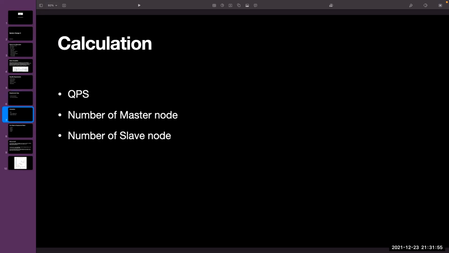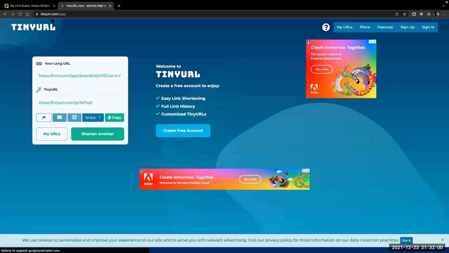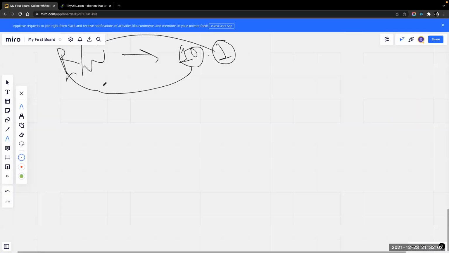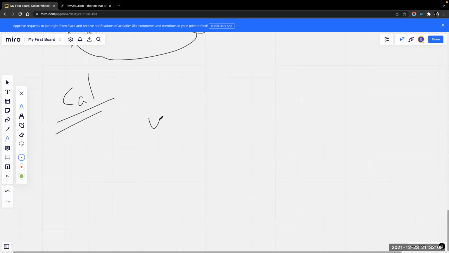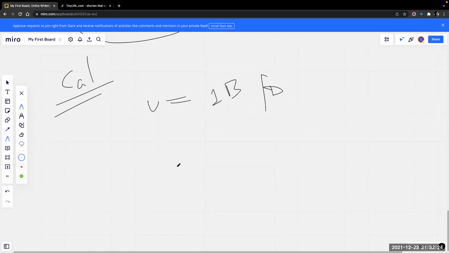Now after that we will do some calculations. Why do we need to do a calculation? Because we are creating a big solution, so we should know how many users are going to come in. Say 1 billion users are going to come per day. In that case, how big should my database be? How many servers do I need? These things come under calculation, correct?